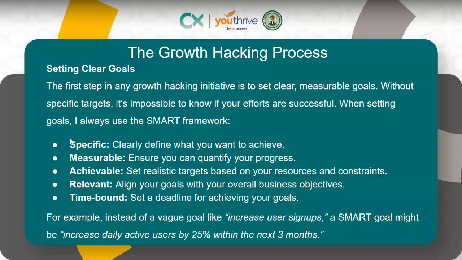So you see how specific it is. So you mean that your goal is that within the next 3 months, we want to have 25% more daily active users. Rather than just saying, oh, we want to increase our users. But there's nothing specific, you're not being specific. You don't know the number, there's no time attached to it. You cannot measure progress that way.